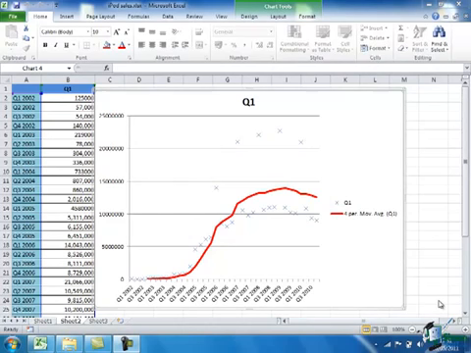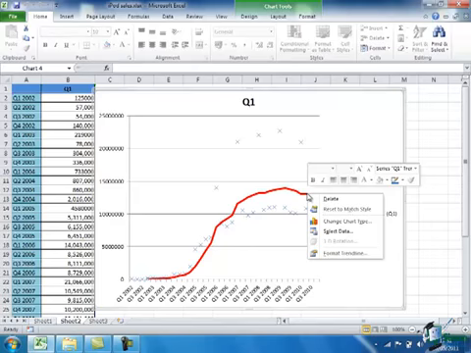So now let's do a little bit of work on formatting this particular chart. Some of the things we've done before, and I'll do those again offline in a moment, such as using a different scale on the vertical axis. But let's try 1 or 2 things that are new, and one of them is that when you have a trend line like this, if you go back into Format Trend Line,